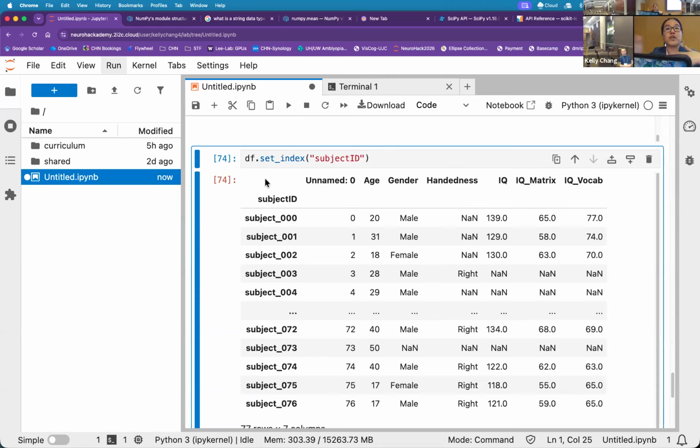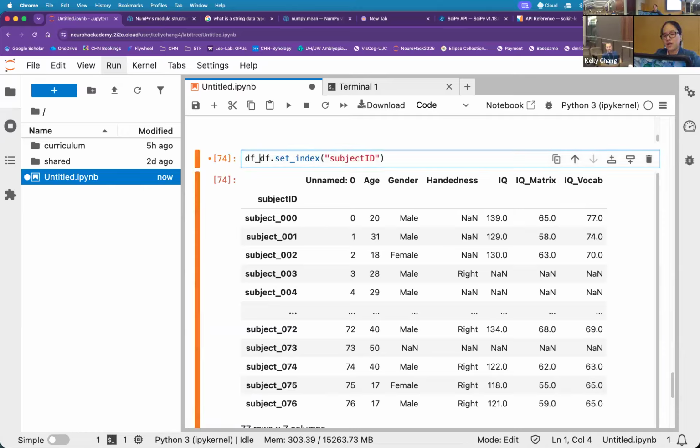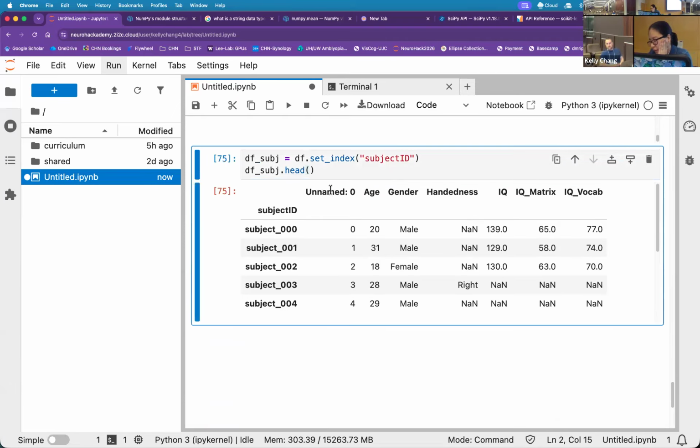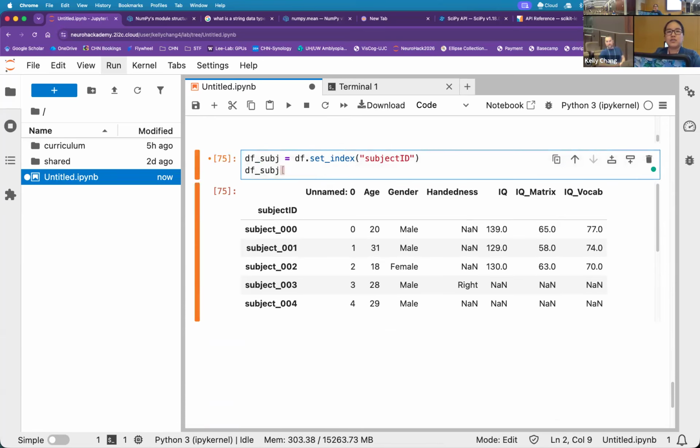So row numbers is a very good index as a default because hopefully you have unique rows. Okay, if you have your data frame now, I'm going to do sub as this one, just so you can see it. Why is it useful to have it as the index? Well, that's because now, instead of having to do the loc function, we can literally just go subject, let's say 5.